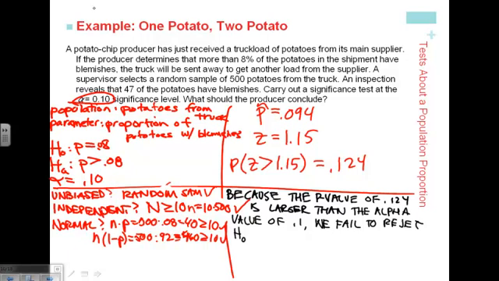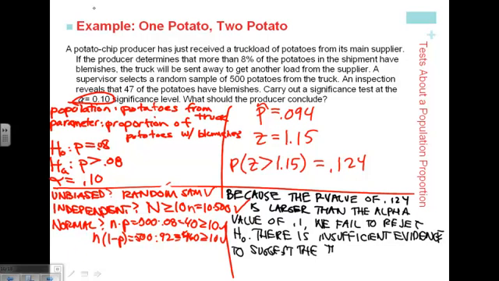Now we need a context statement. There is insufficient evidence to suggest the true proportion of